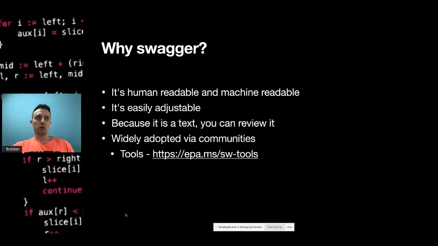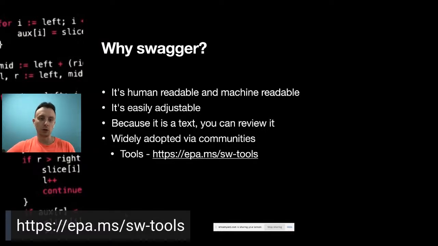Okay, so why do we actually need Swagger? Well, first of all, we need a standard in order to do some kind of API design. Second, it's text. It's YAML, so it's human readable, right? When we are defining an API, obviously machines will use it, but people tend to implement or integrate with those APIs, so usually people read that documentation. So it's human readable first of all. Well, because this is YAML, it can also be easily parsed by machines, so I could say that it's also machine readable.